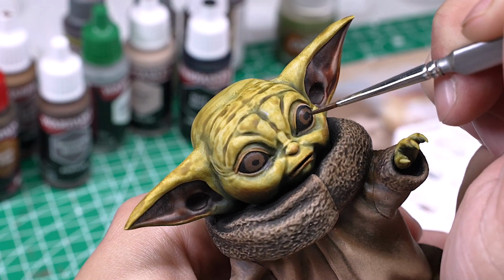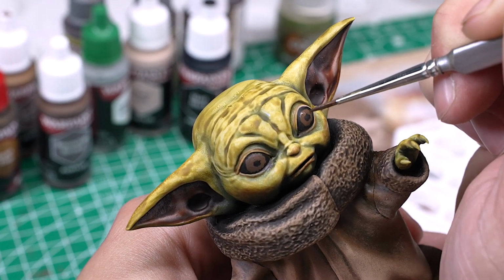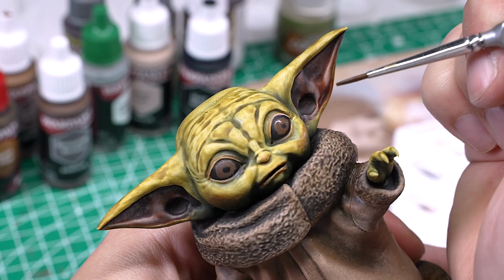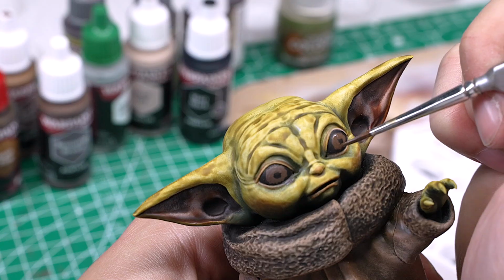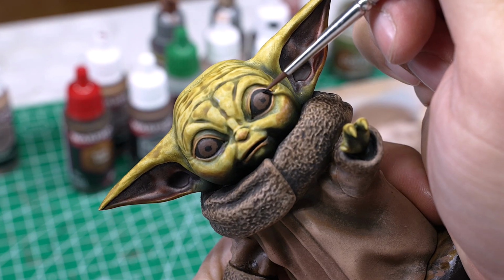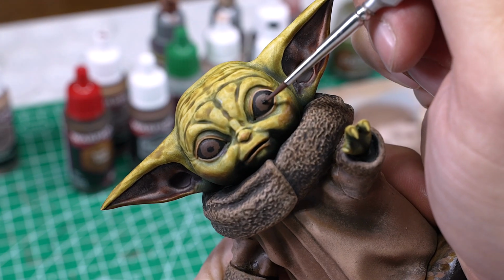So I kind of go back and forth between the brown and the black and try to refine this, but again, this is what I fear. Time heals all things. Except these crazy eyes. Yeah, crazy eyes. So I just kind of go back and forth trying to clean this up as best